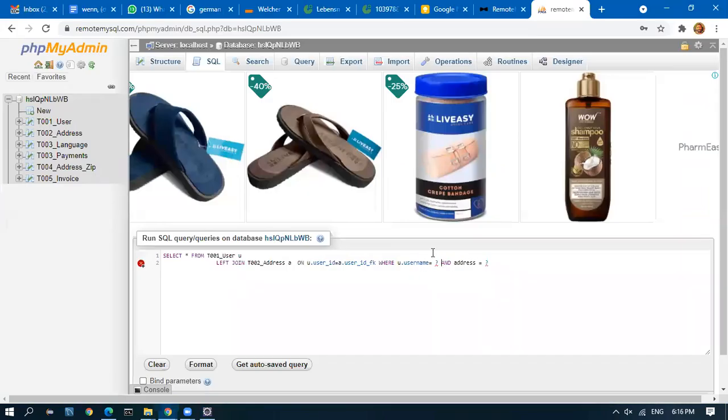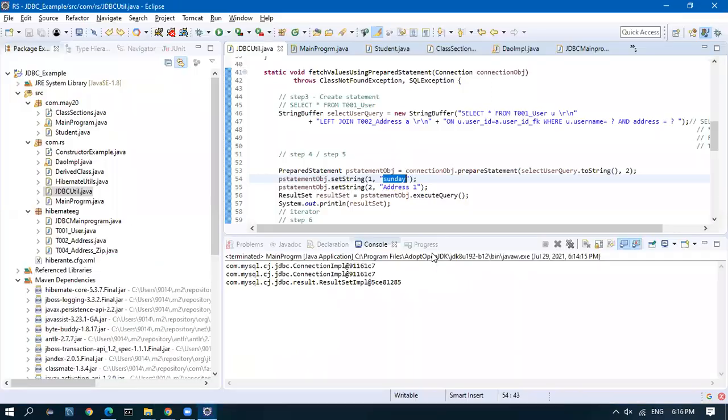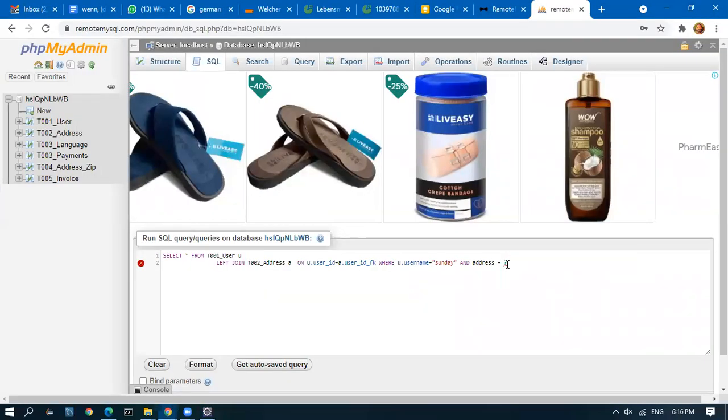So the question mark means input values. The input values are set like this: preparedStatement.setString. The first question mark will be replaced as Sunday. The second question mark will be replaced as address. When you want to do some search criteria, a search filter based on what the user is typing, we go for prepared statement.